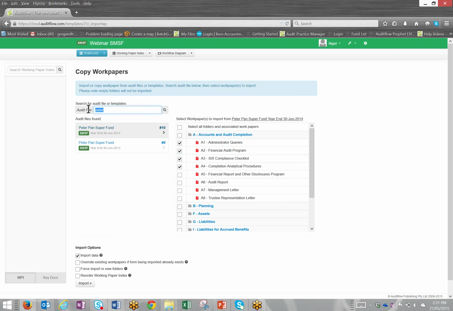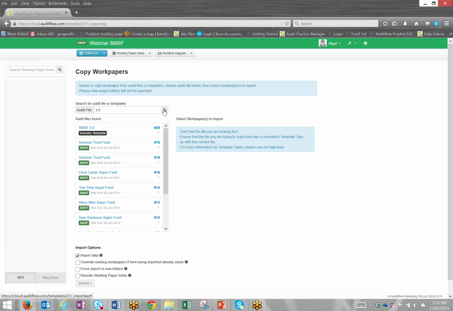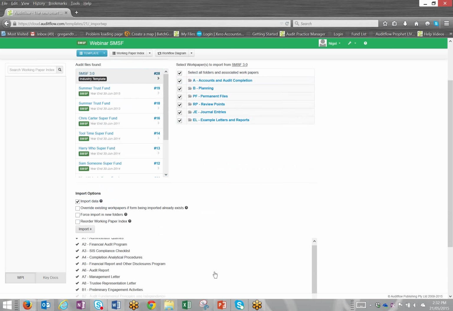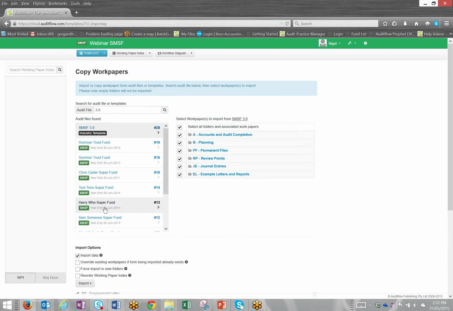Or I might say, well, let's have a look at Audit Flow's 3.0 SMSF template. Let's select that, and let's use that as a starting point, and we've just got some customizations and additions that we'd like to make to that. So we'll import that into our template file, and we see down the bottom here all of the work papers that it's imported. So if I now come back to my working paper index,